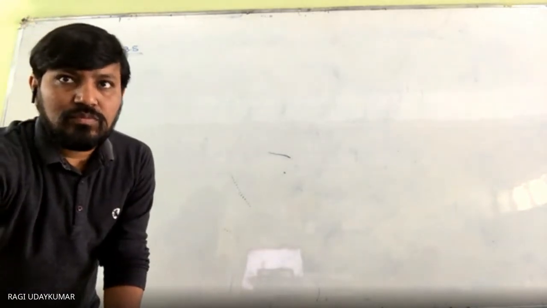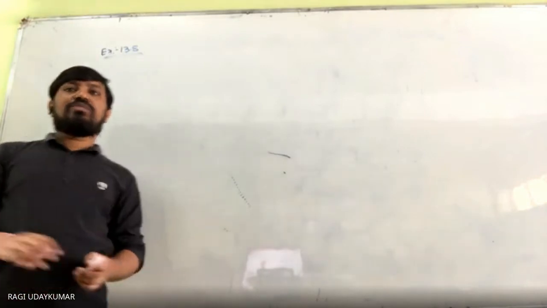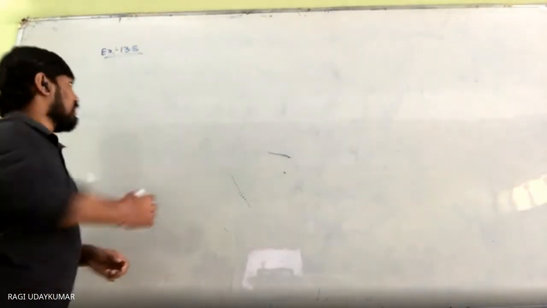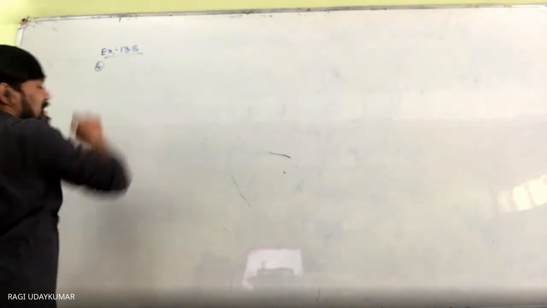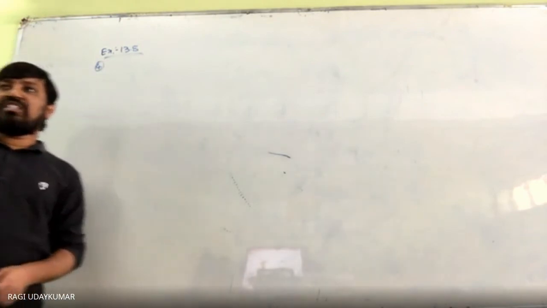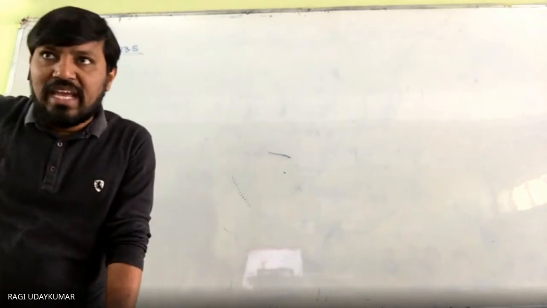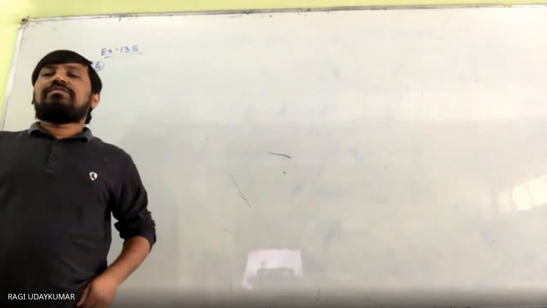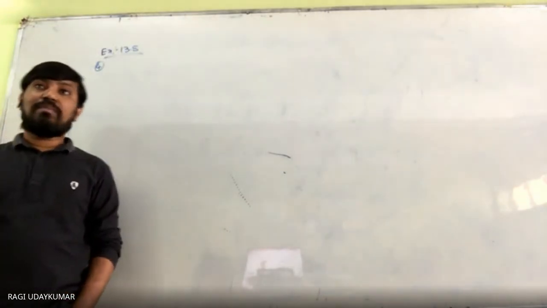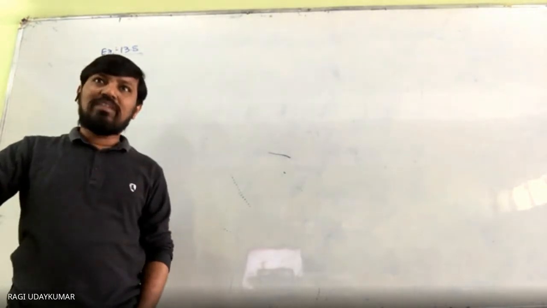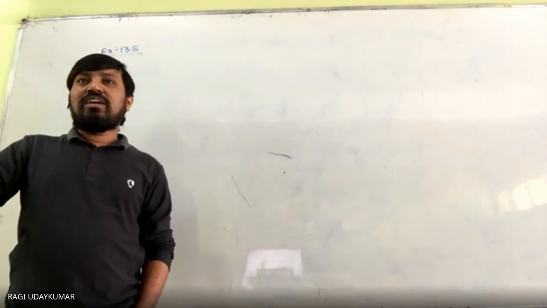Next. What is given here? It is a very interesting question, and important also from the examination point of view, repeatedly asked. The diameter of the moon is approximately 1/4 of the diameter of the earth. Already we have solved this problem.